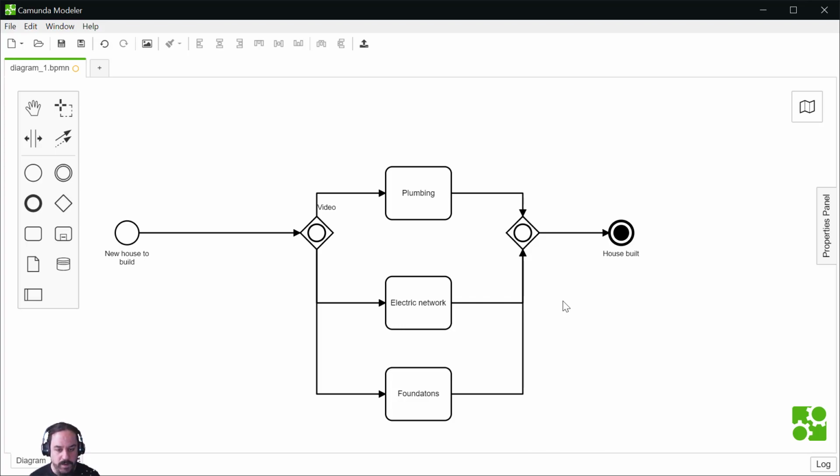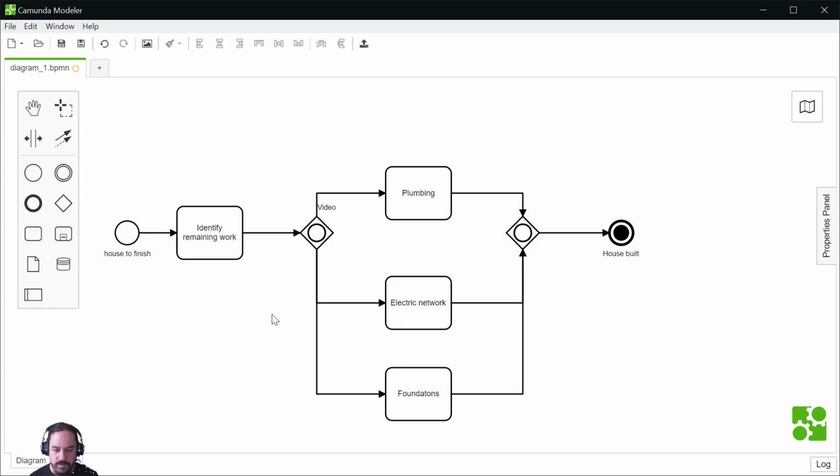Of course, this gateway can have only one path triggered. For example, let's say I use a token. We have a house almost done, so that's house to finish, and we will add a task. So you have to finish a house.